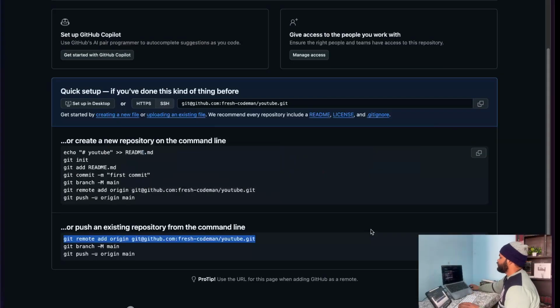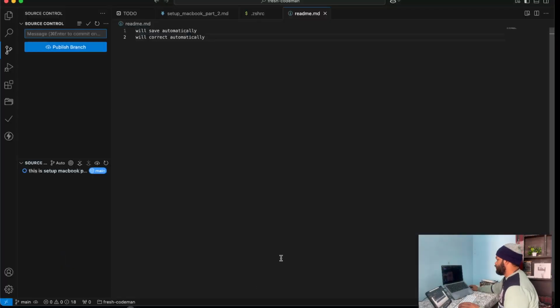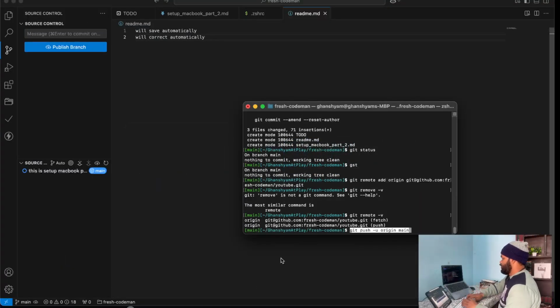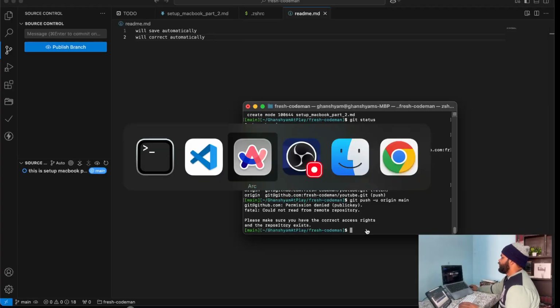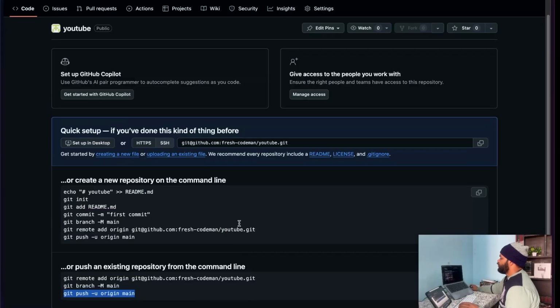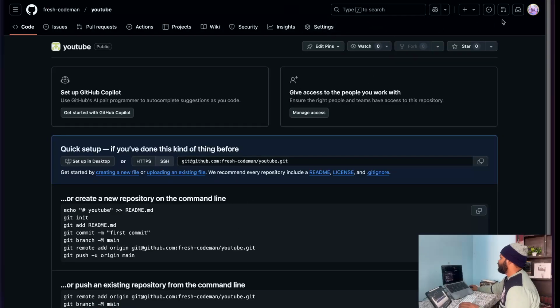Okay, now we can push it. If I try doing that, it says permission denied, because we don't have the correct write access to it. For doing that, we need to create some token and add it to this, right? For doing that, we have to go to this